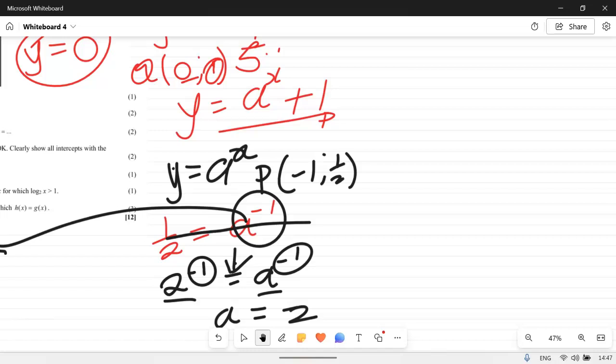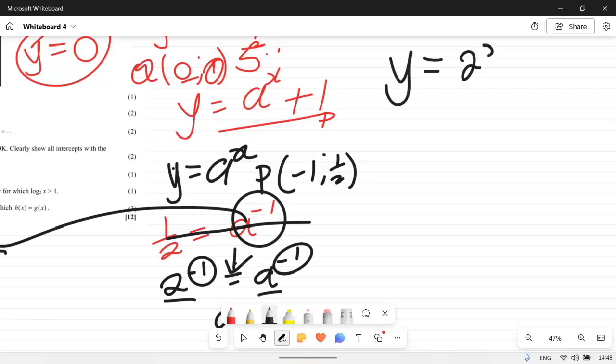Remember now we have our, can we write it as g of x? So I can say y is equal to 2 to the power of x, because we find the value of x, so we want to write this as the inverse. So we're going to open the process